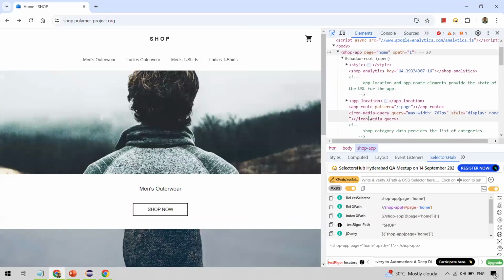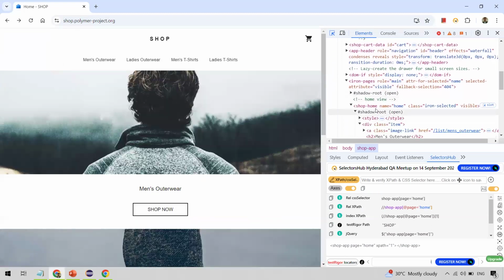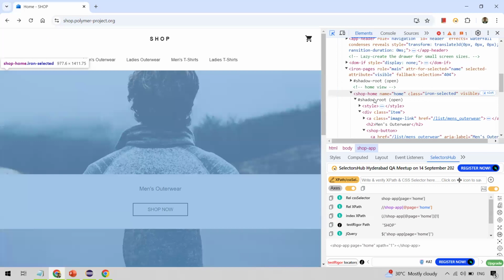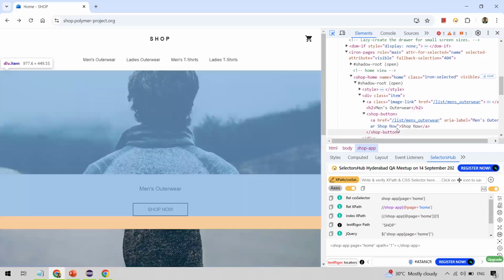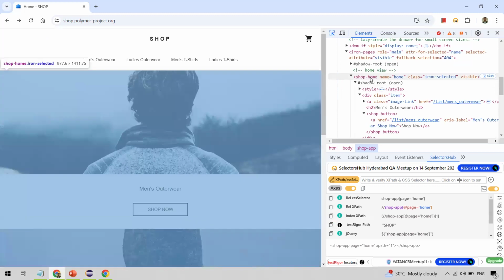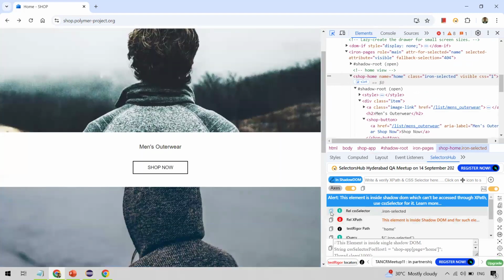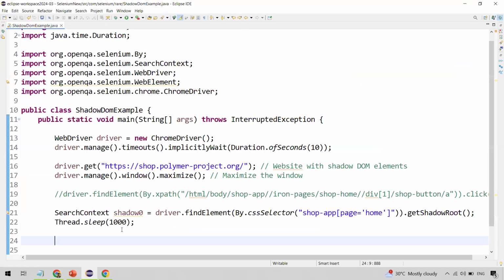Now we need to find out the next level. What is our next level? So you can see here, if you slowly scroll down, this is our next level because we do have our shop now object here, which is underneath this shadow root. For that, this is the shadow host. So click on this and you get the CSS selector here. So just go back and you can get the driver. So we will be using the shadow0